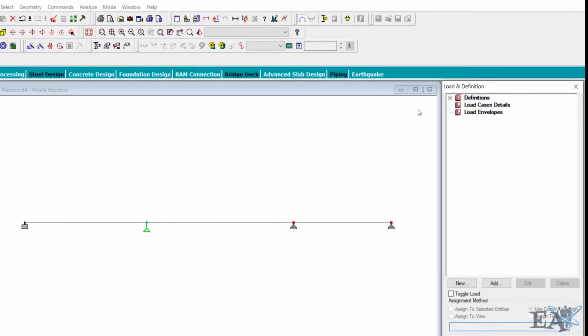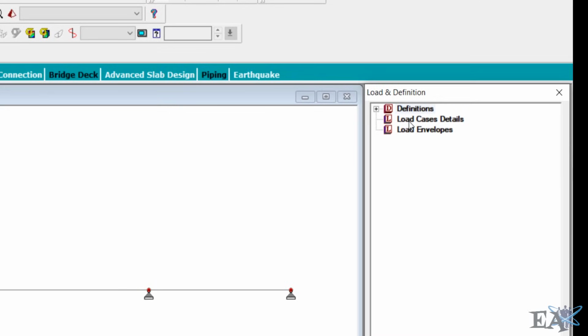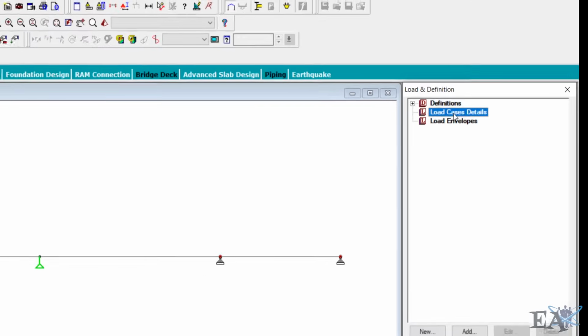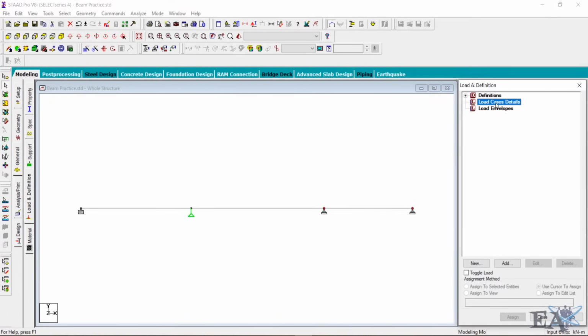Here you can see definitions, load case details and load envelopes option. We have to define the loads that we want to assign to our structure or to our beam. So for that, left click on load case details option here. This option is used to define the new loads, and after that click on add option here. So left click,